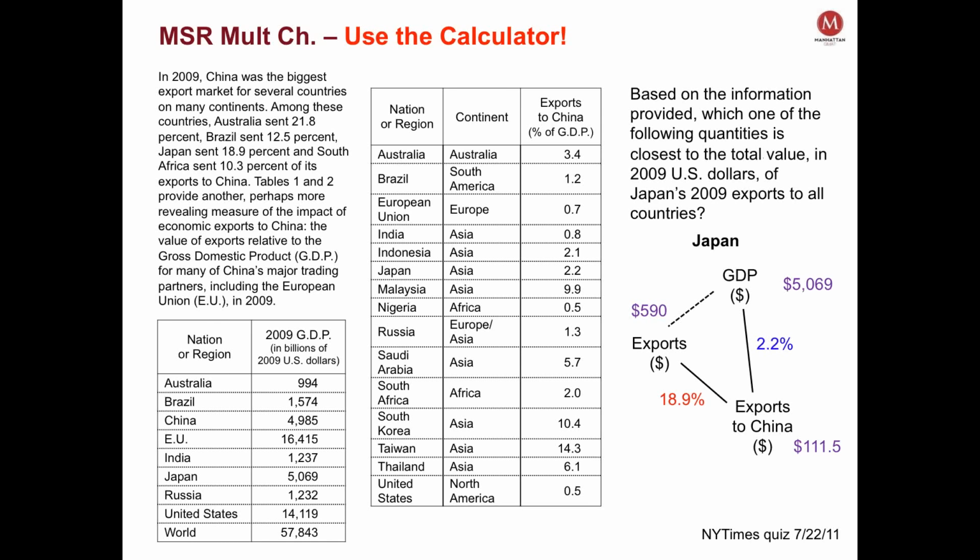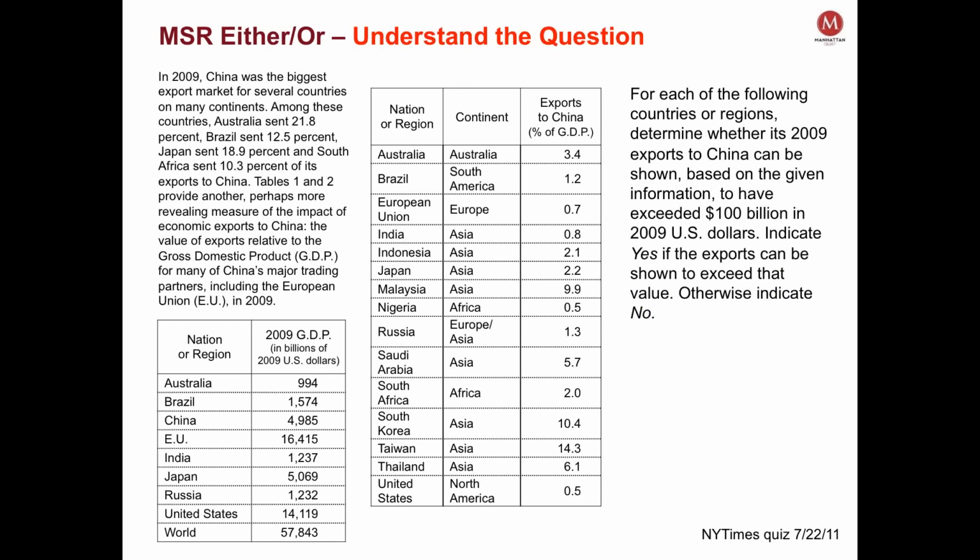Yeah, fantastic. So this is typical of what a multiple choice will be. You'll only have one of these with the MSR, and often the math isn't that hard, but it can be tricky to set up under the time pressure. So the key, again, is just thinking, what do I know? How does it fit together? Don't try to write equations until you've figured out what's going on. I'd like to move on and take a look at another one.